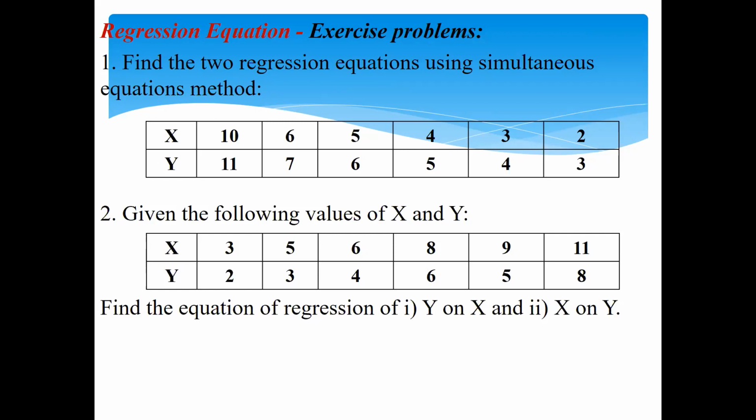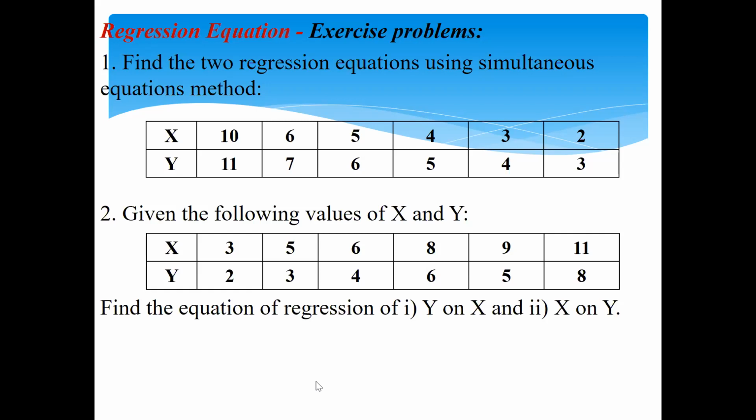So first we need to put the different columns. What are the columns we need to put? Anyone can unmute and tell me what are the columns we need to put? X is one column, y is another column, and what are the remaining columns? Anyone? No reply. Okay, copy it.